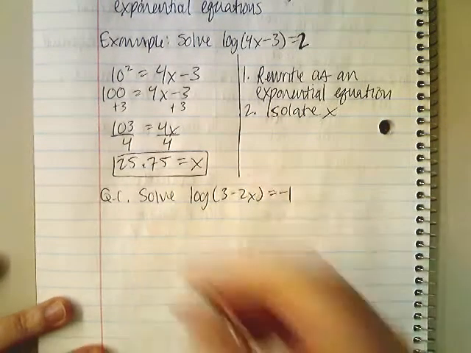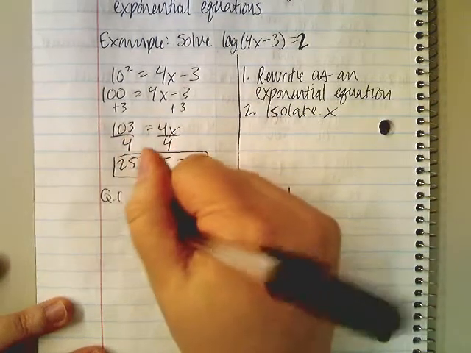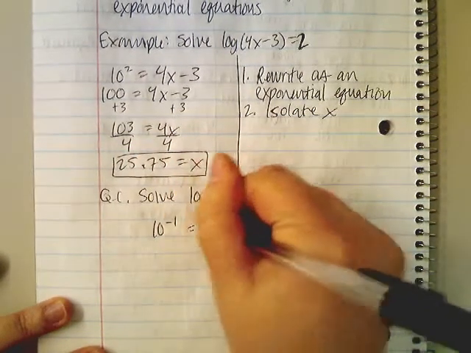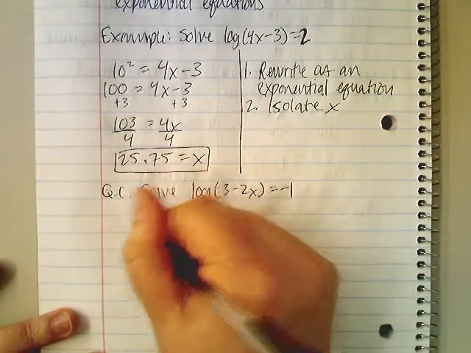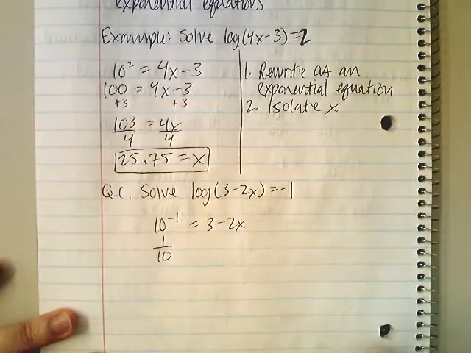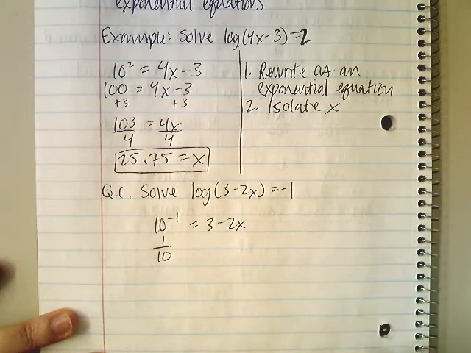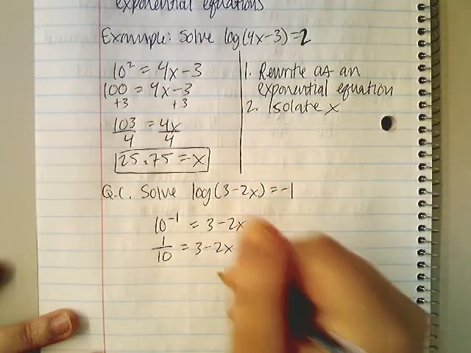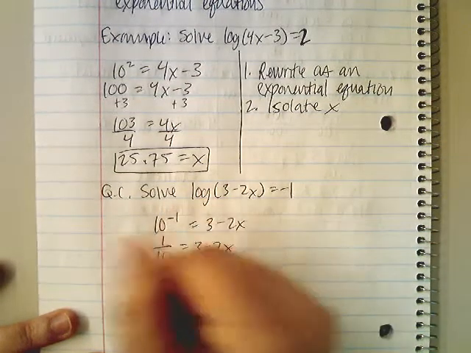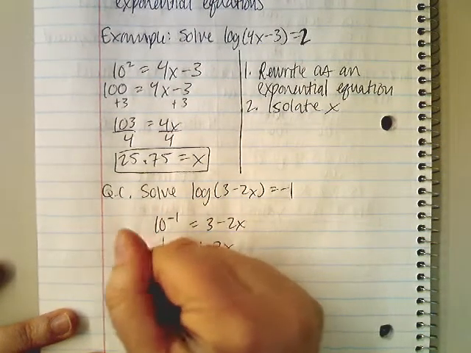So first step, I'm going to rewrite this as an exponential, and I get 10 to the negative 1 equals 3 minus 2x. So we're going to have some fractions here because a negative exponent means I need to rewrite it in the denominator. So I have 1 over 10 to the positive 1, which is just 10, equals 3 minus 2x. I'm going to subtract 3 from both sides. So I have 1/10 minus 3